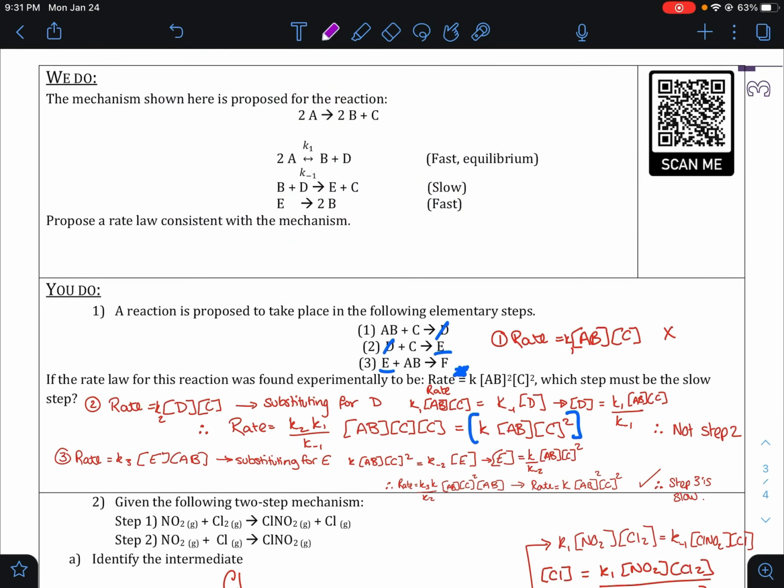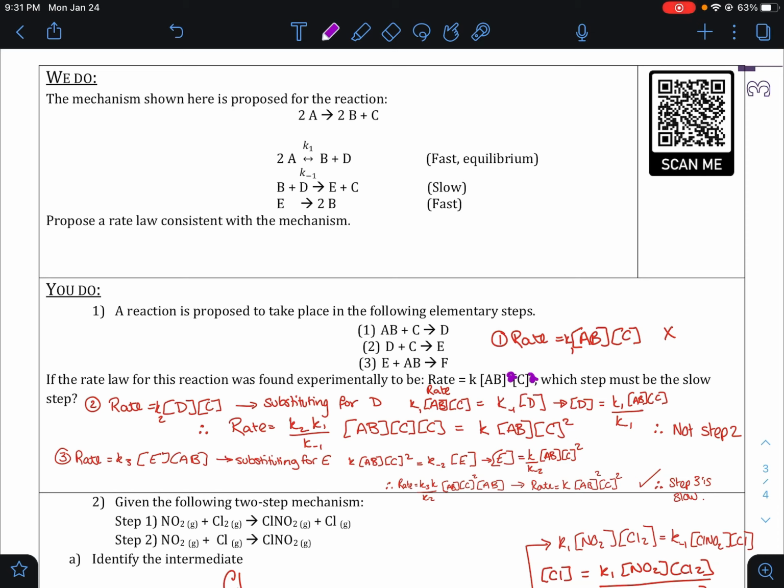Obviously, this wouldn't work if you need to show your work. But in a multiple choice test, what you should notice is that you have to be thinking steady state approximation. The reason is that if it was the first step of the reaction, then our rate would be perfectly matched to those coefficients. But since this is a 2 and this is a 2,